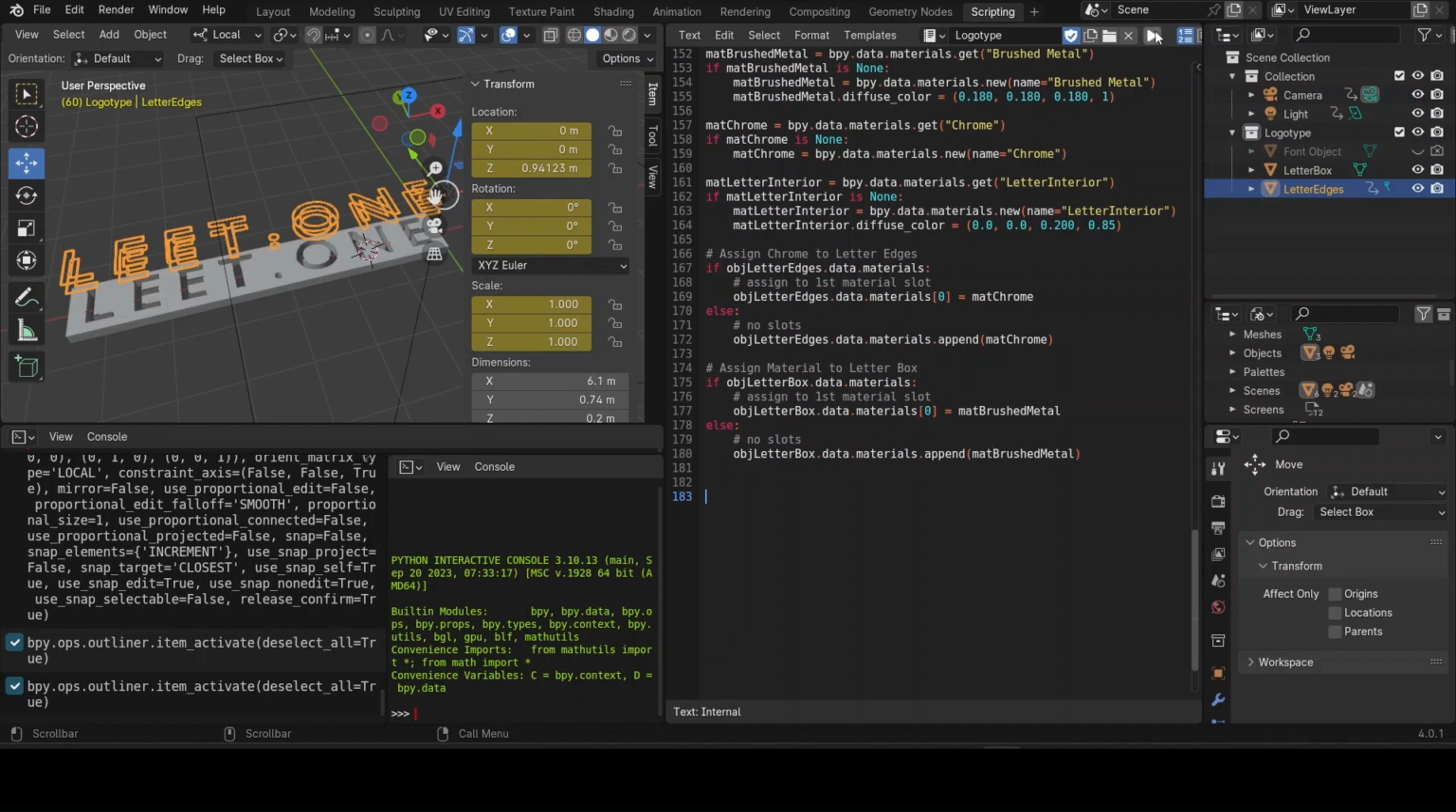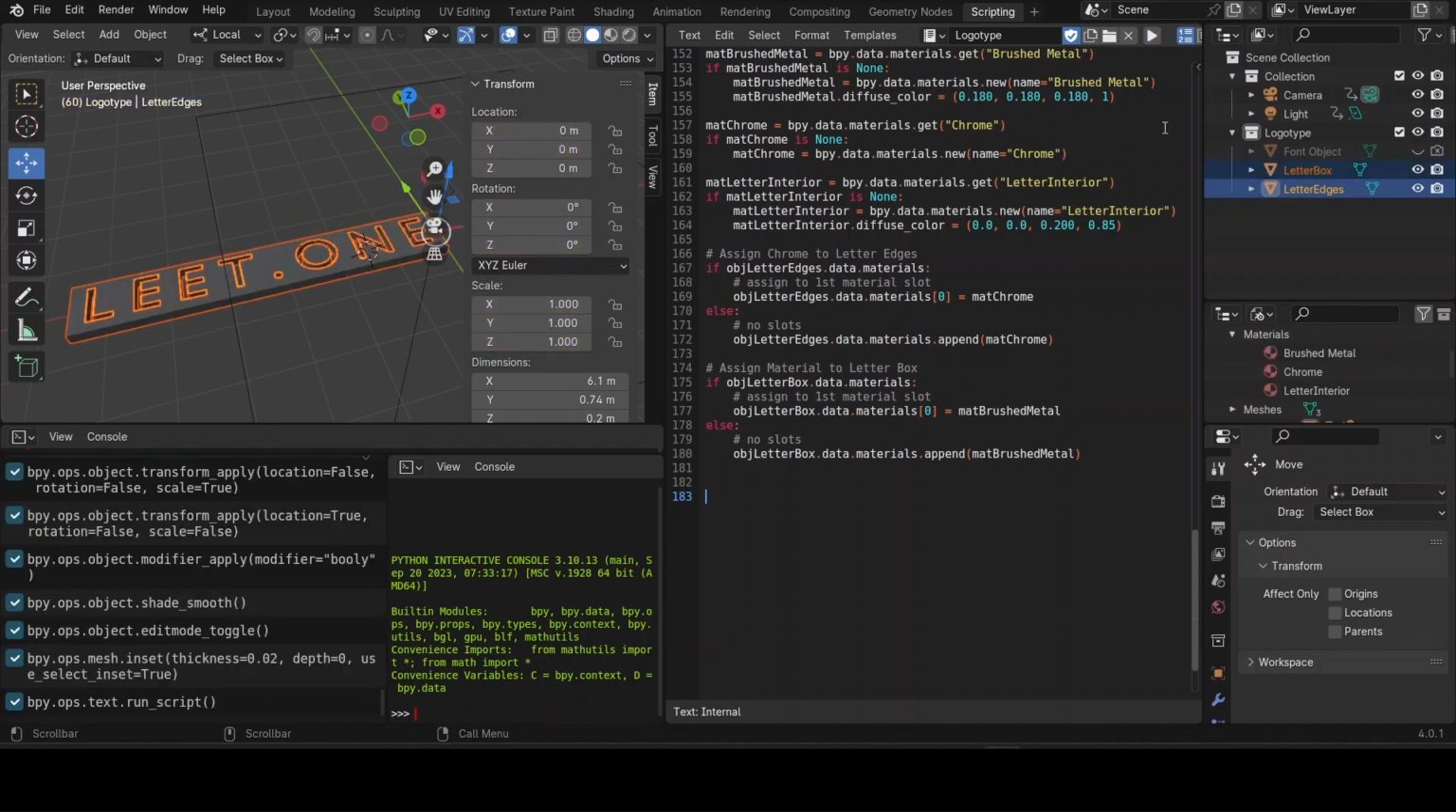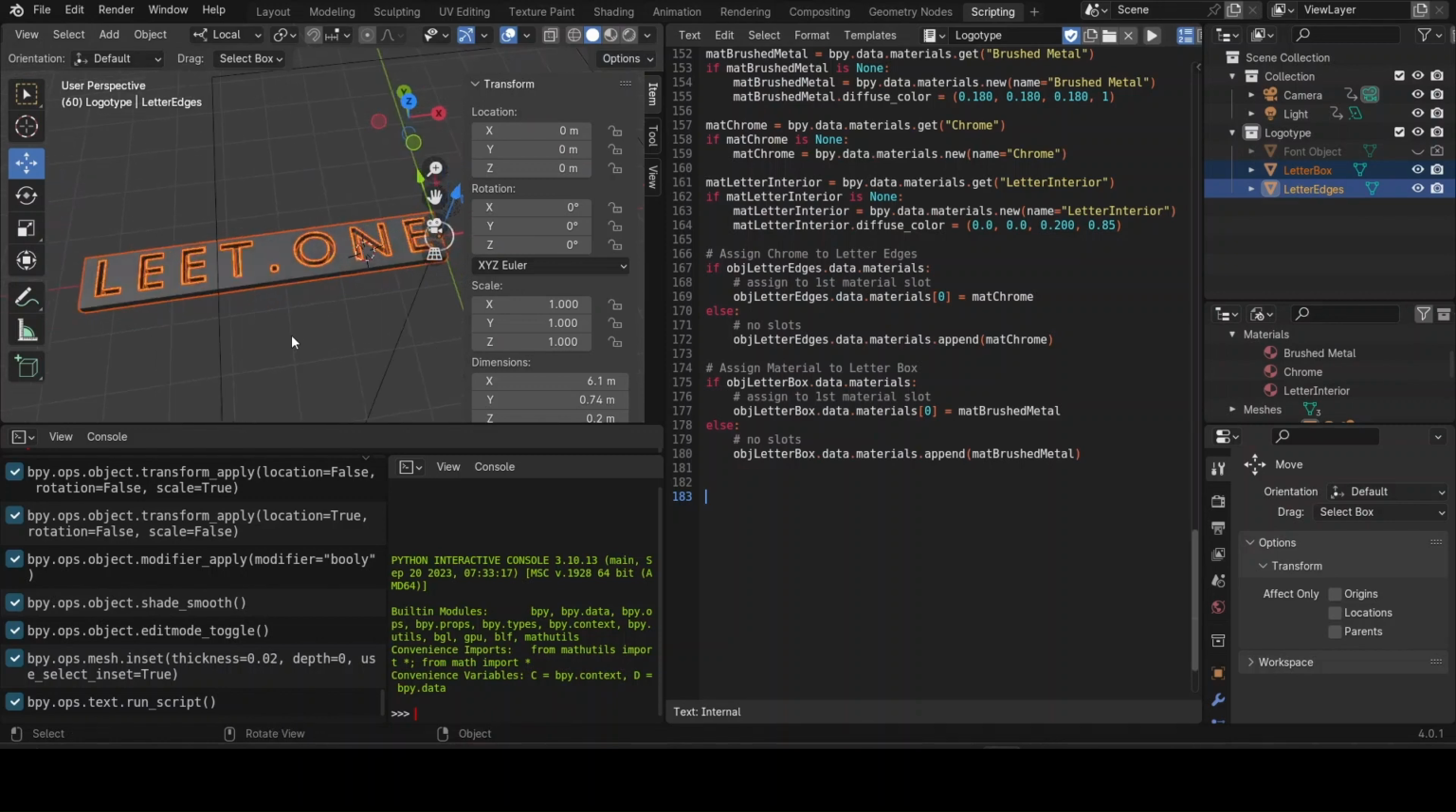And just like that, our logo is starting to come together with a professional look and feel. These materials are the first step in making our logo pop. In the next section, we'll dive deeper into refining our design, adding more details,